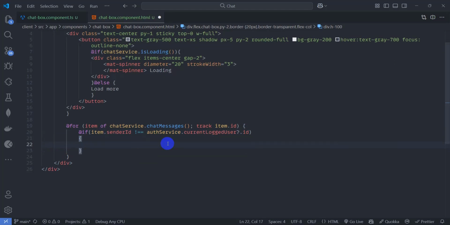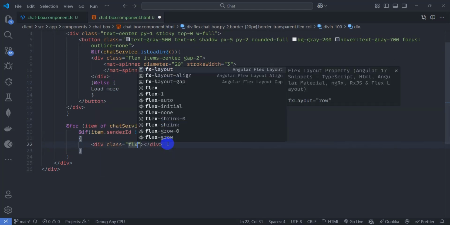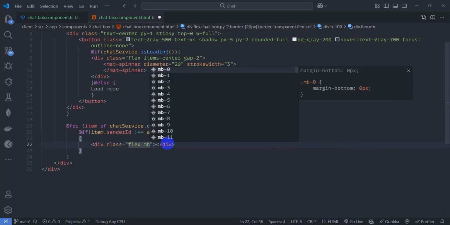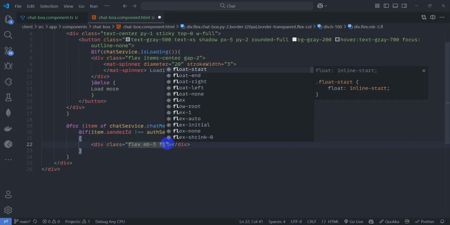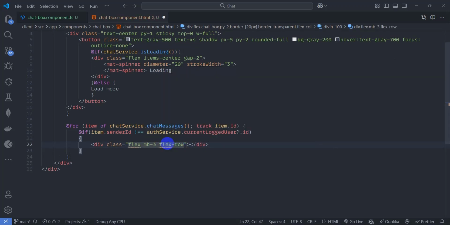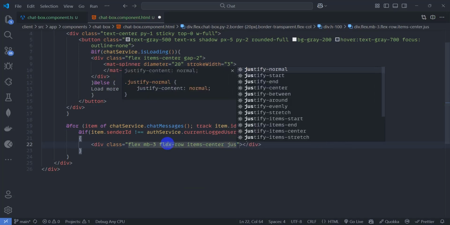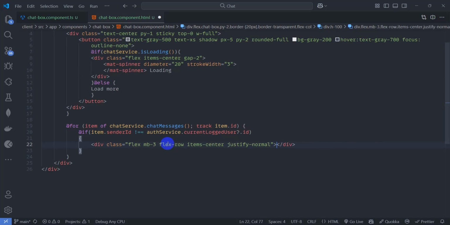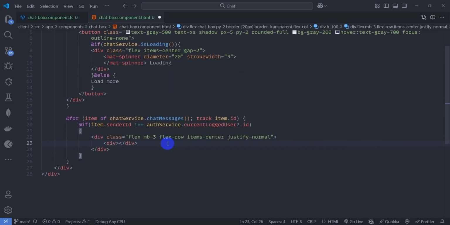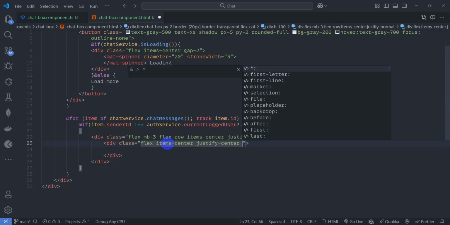Then let's render here div and give class flex mb-3 flex-row items-center justify-start. Inside this div let's add another div and give class flex items-center justify-center h-10